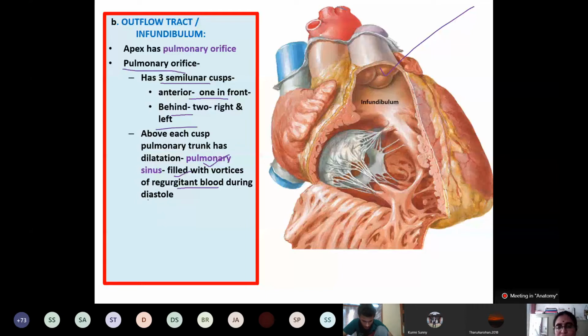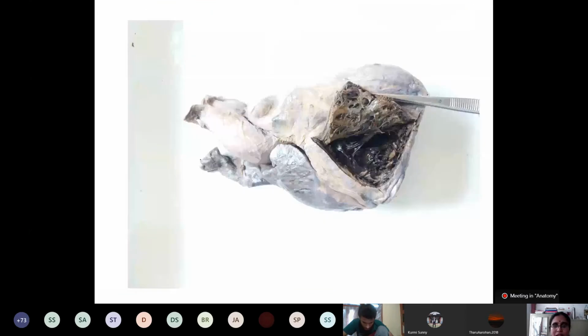So in the right ventricle: pulmonary orifice, anterior papillary muscle, chordae tendineae, septomarginal trabeculae. These are very important. Now here you can see this is the anterior papillary muscle. I am using red color so you can see it properly. Here you can see this is the anterior papillary muscle, and this is the right ventricle.